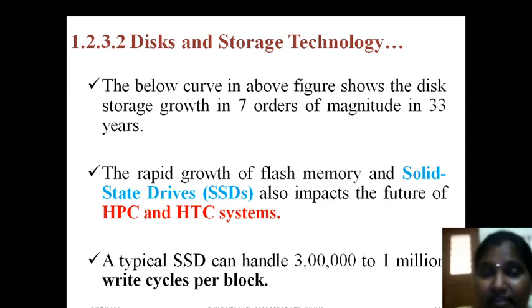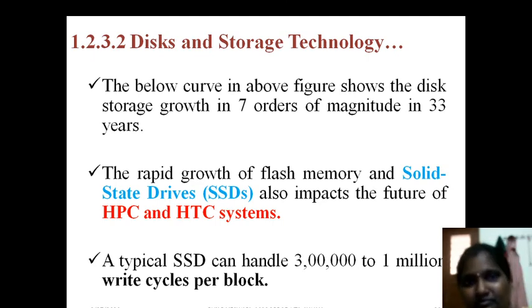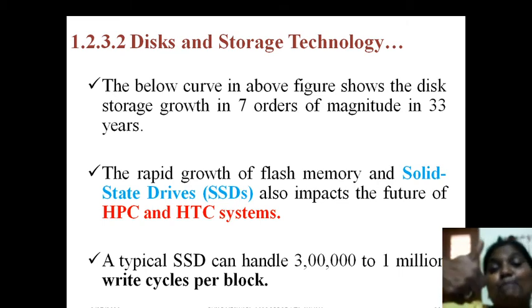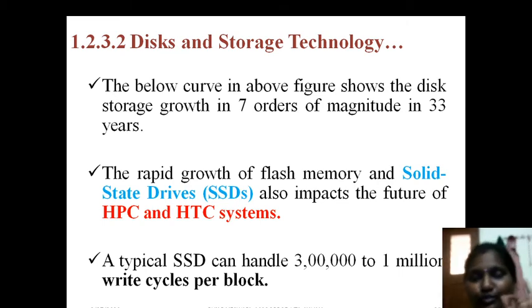Means we can access our data very fast. If seek time is reduced, seek means finding your location in the memory, so automatically transfer time will reduce. Seek time is reduced, transfer time is reduced, automatically turnaround time is reduced. Turnaround time means submitting a request and getting the reply. If turnaround time is reduced, execution is going to become fast, efficiency will be more, performance also more.